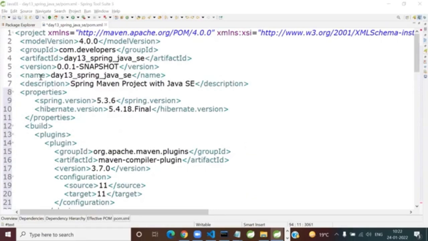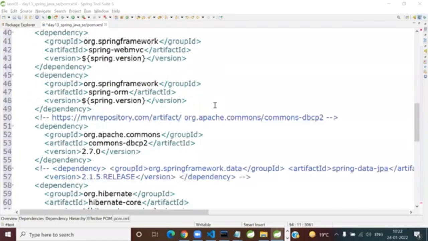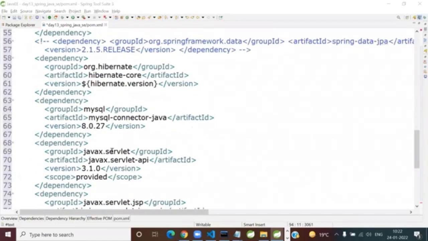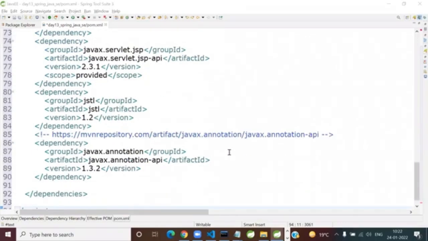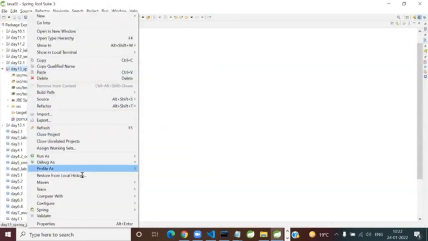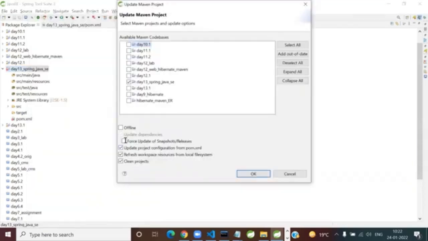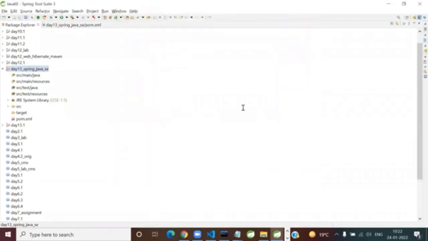Okay, so what you do is, anyway, let me not waste your time at all. Already I'm delaying your break. Just checking all the dependencies are pulled in or not. That is all I'm checking. Yeah, looks okay. Save it. You know the whole thing. And right click on this project, Maven, update project, and force update. And you are downloading, you see at the bottom right corner, and tell me, downloading of dependencies started.